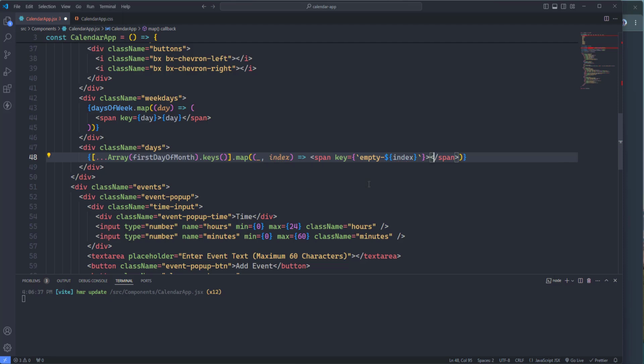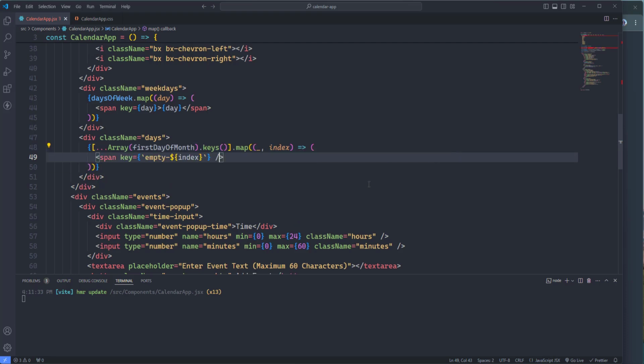Actually, we don't need this closing tag here, we just need a slash with the bracket. Okay, so that's it about the empty span elements. Now for each index, the arrow function returns an empty span element. The key attribute is set to a unique value, empty index, to help React identify which items have changed, are